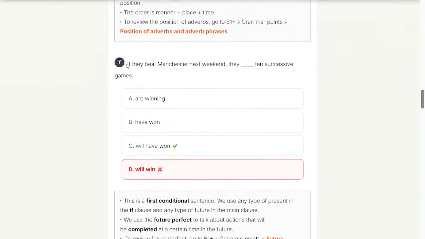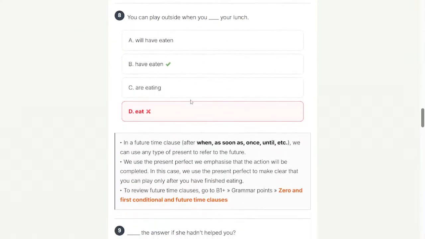So we can use present perfect here, and we can use future perfect here. And with a future time clause, we can use the same structure. We can use any present after the time word.